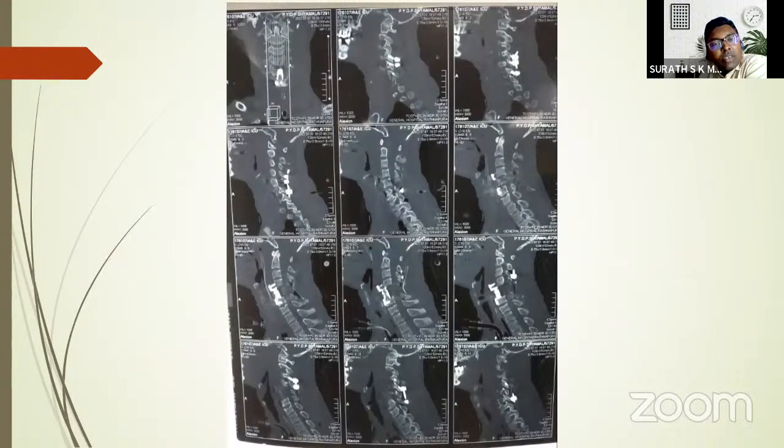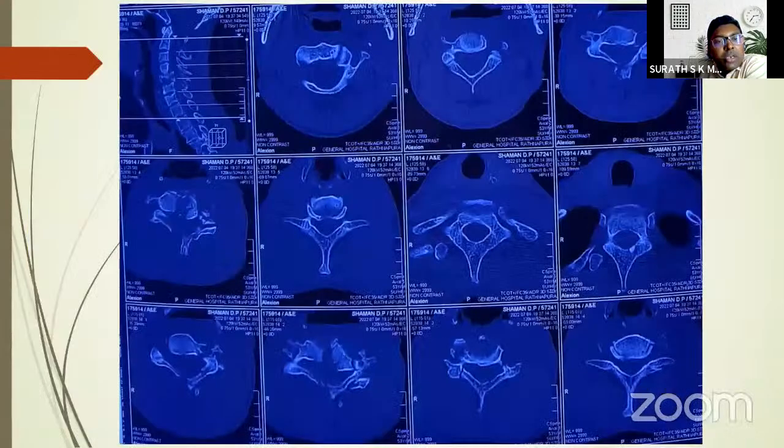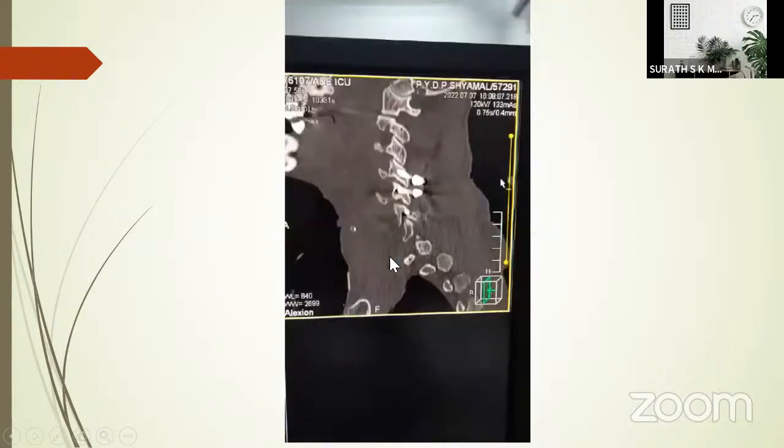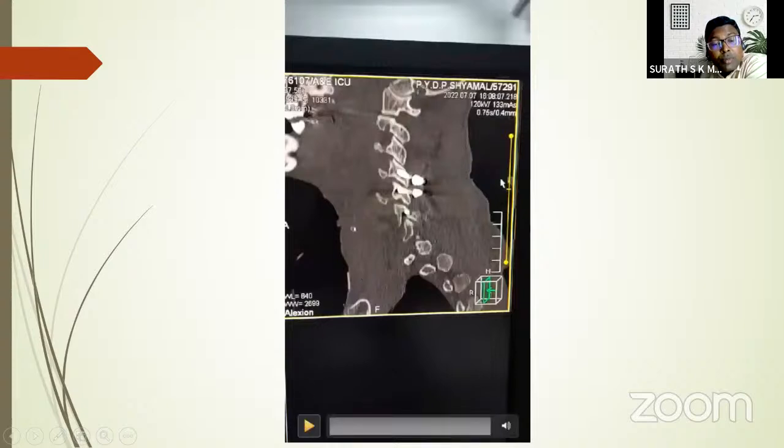So this patient again presented with, I can remember it's Asia C. He's a young patient. I think it's 31 or somewhere around. So I did the anterior approach with the corpectomy, followed by the posterior fixation on the same day. You can see the superior screws, they had come out after the surgery. And again, unfortunately, this patient died due to pneumonia.